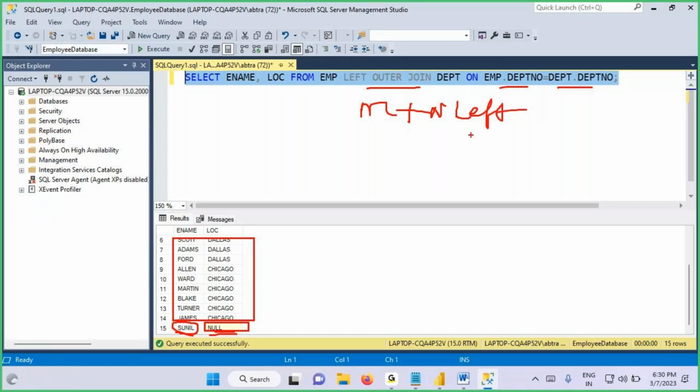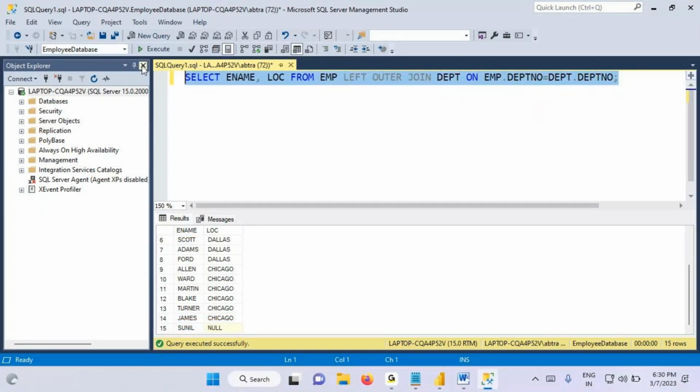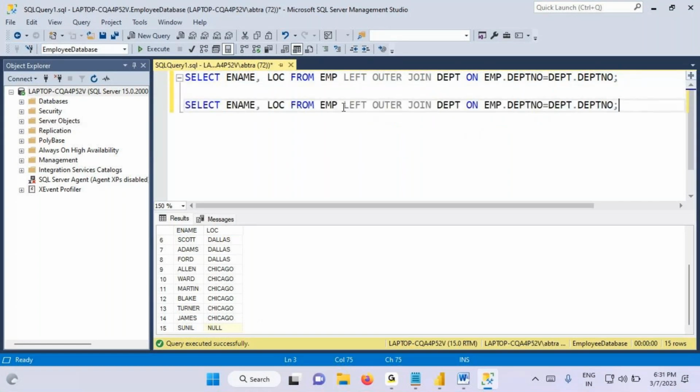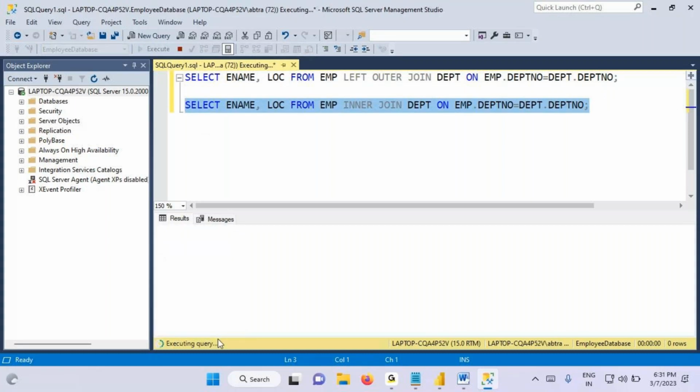Left side table. Instead of left outer join, when I go and perform an inner join, how many records will you get? Inner join will give what? Only matching records. When I run this inner join query here, you will get only 14 records. This is the left outer join query. When I execute it,